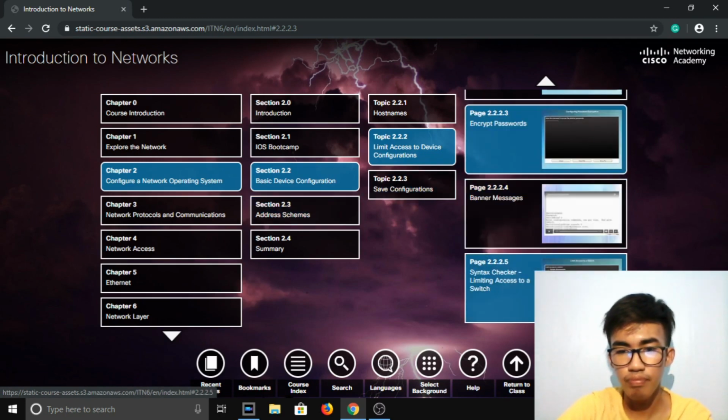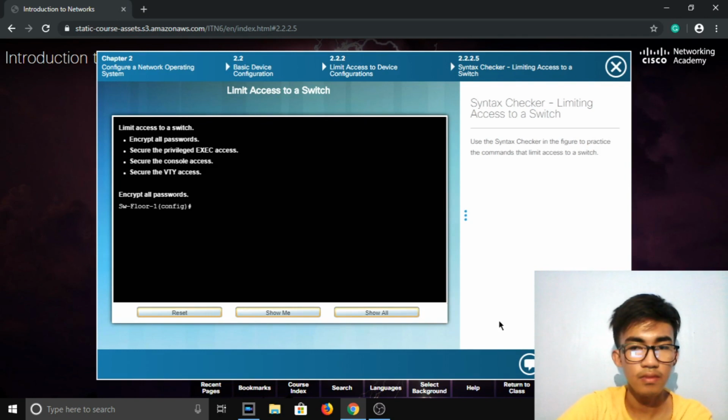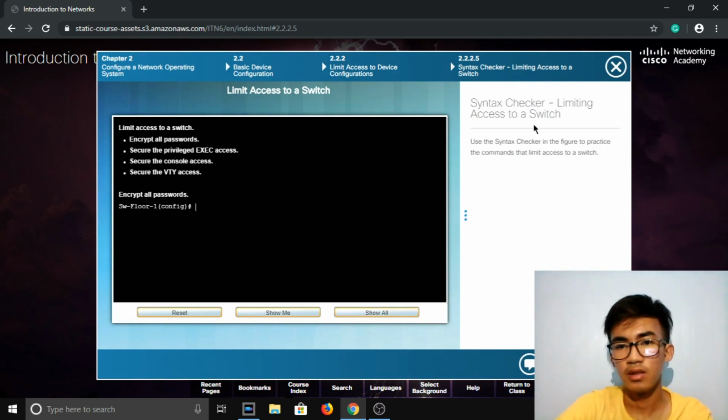2.2.2.5. Limit access to a switch. Syntax checker, limiting access to a switch. Use the syntax checker in the figure to practice the commands that limit access to a switch. Limit access to a switch: encrypt all passwords, secure the privileged EXEC access, secure the console access, secure the VTY access. Encrypt all passwords. So,